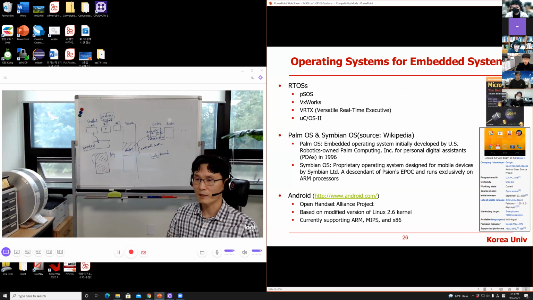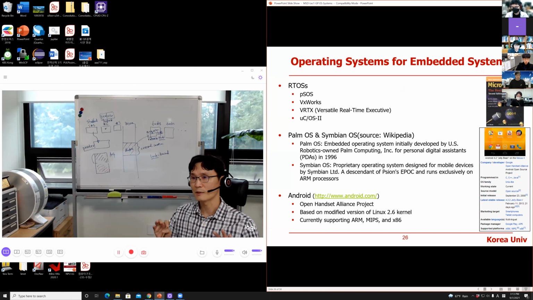Then I felt, even though I haven't taken any operating system course before, I was able to understand how OS works, how scheduling, how context switching is done by operating system. So it was very useful to read that book. I strongly recommend you to read this book if you are not